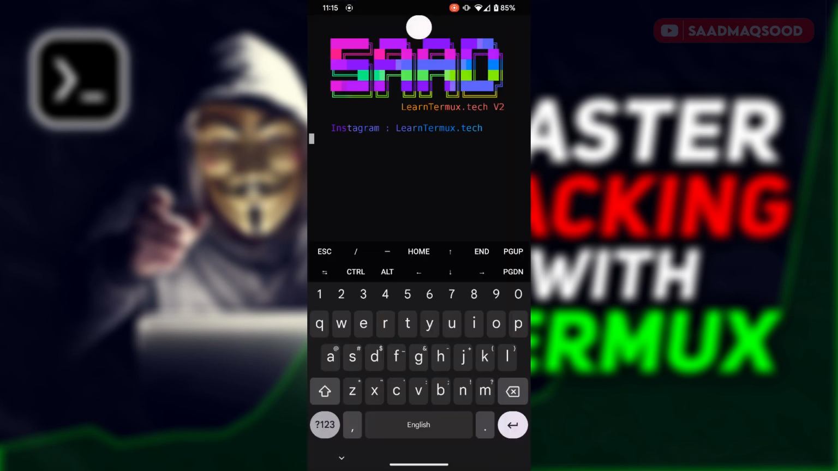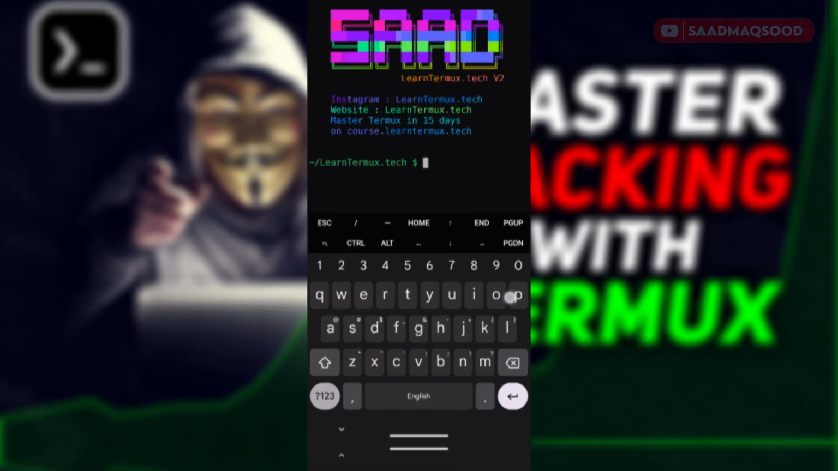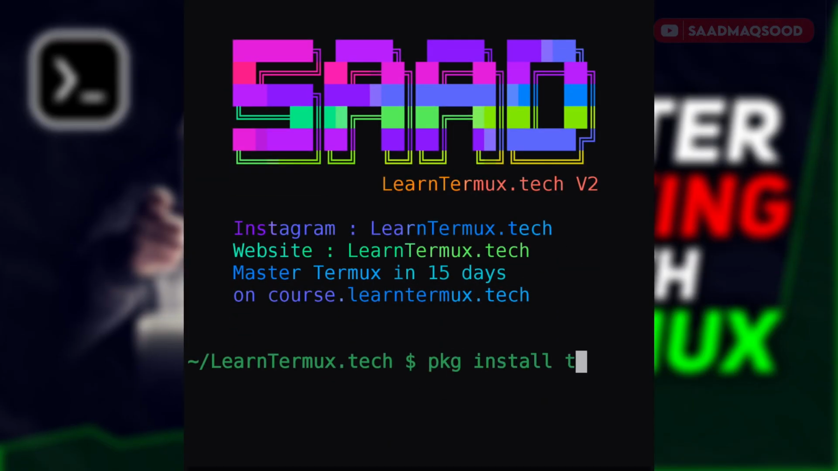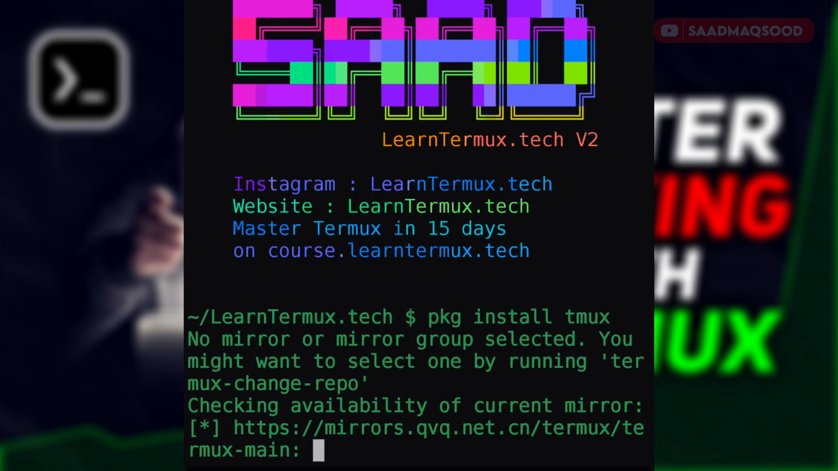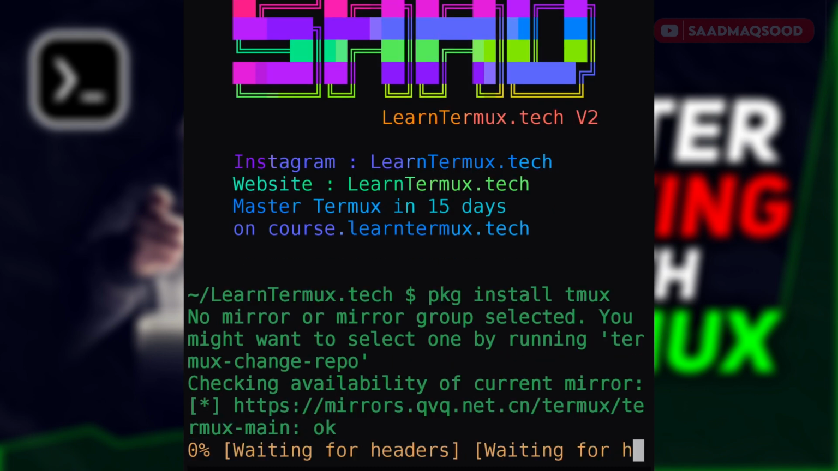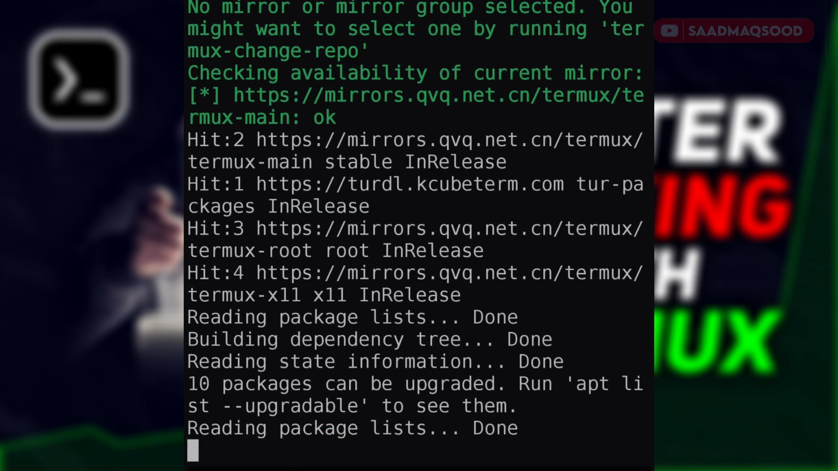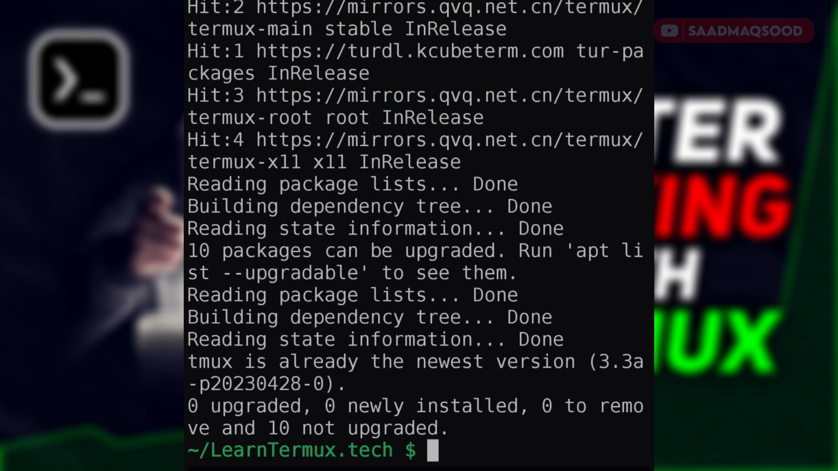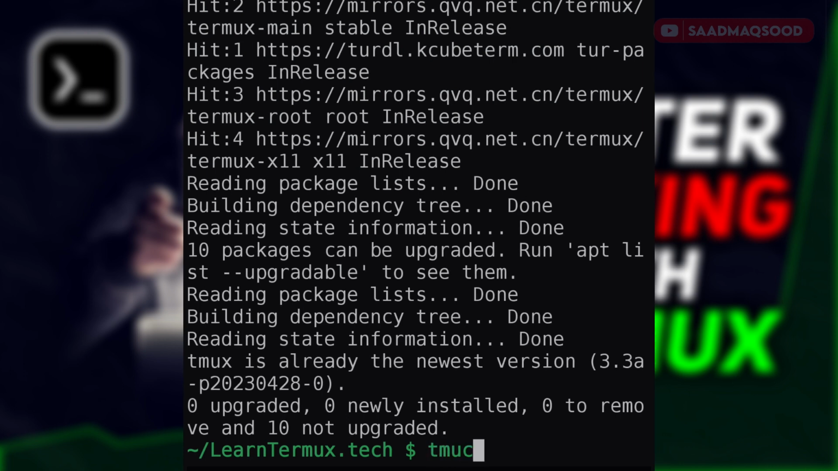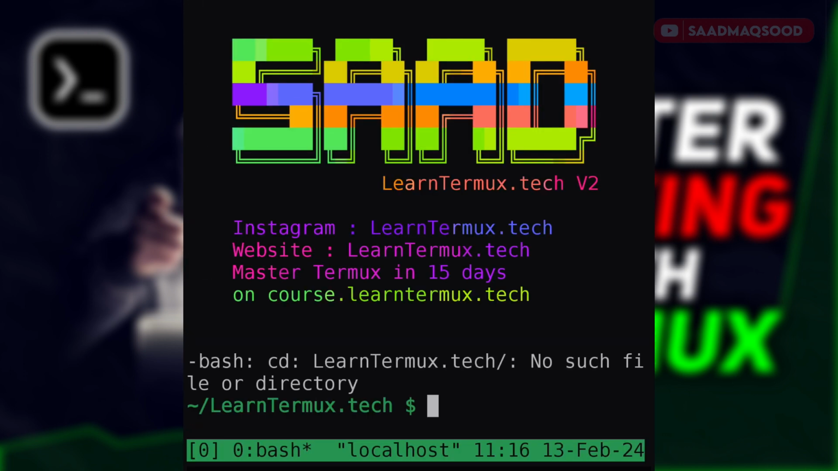So hello, it's Termux, and let's begin by installing Tmux in Termux. To install Tmux, it's actually quite simple. Just type pkg install tmux and it will be installed in a few seconds. After the installation is done, to use Tmux, simply type tmux, press enter